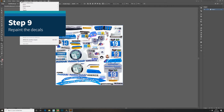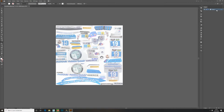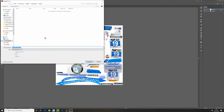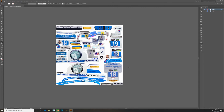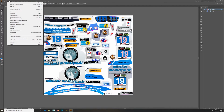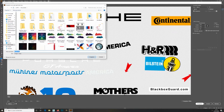And so in Illustrator or Photoshop or whatever program you use, again, you can use it to repaint the decals in rather high resolution, and when you're done, you will be able to export them exactly in the same way as with the painted parts. So again, jumping to the results. Just before exporting. Again, same settings, PNG with full transparency, big square resolution,